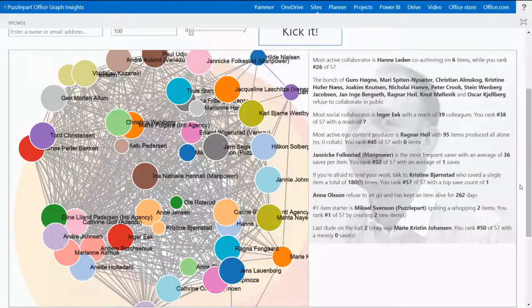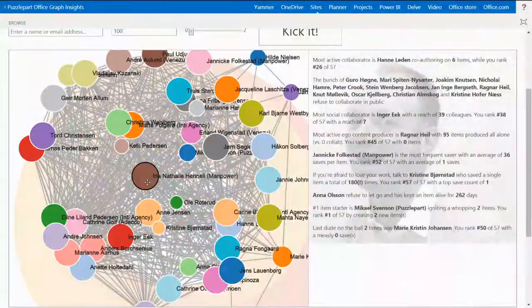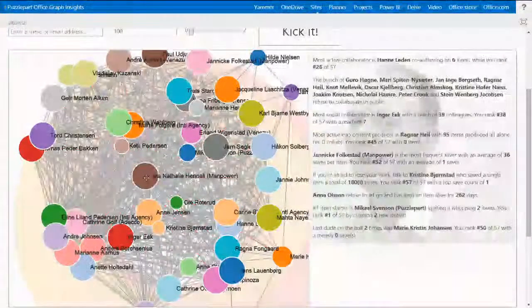So in this example, we look at something that shows how users collaborate, the frequency of collaboration, the content that they create. In other examples, we saw how you can bring in enterprise social or consumer social into the Office graph. We've seen examples of meeting preparedness. We've seen examples that span apps and devices. So these are all just ways that you can think about the graph moving forward and how you can extend it.